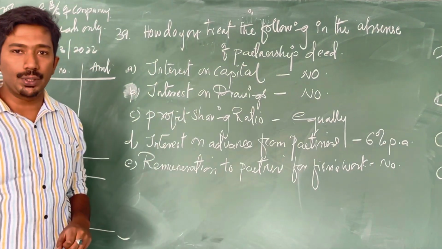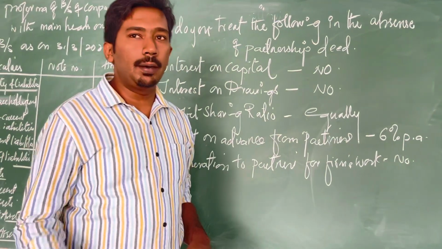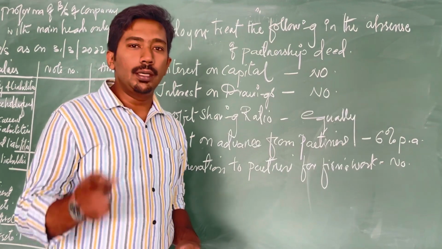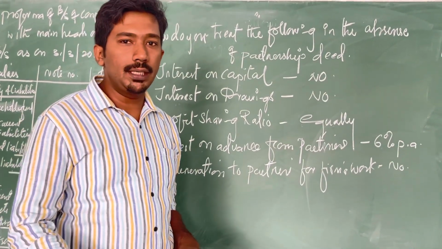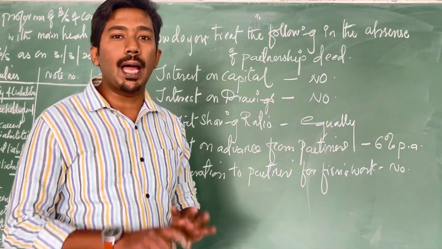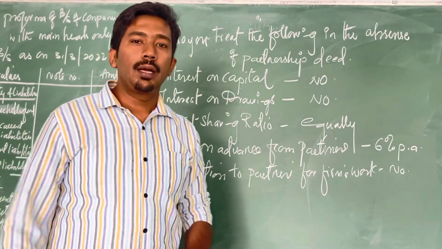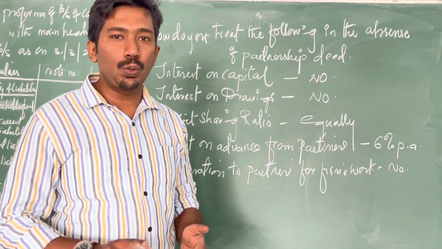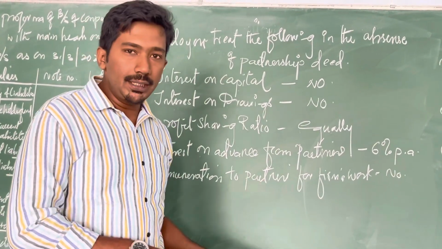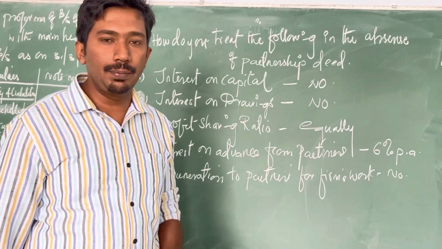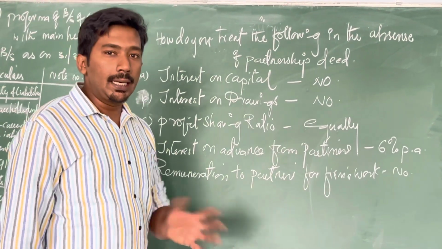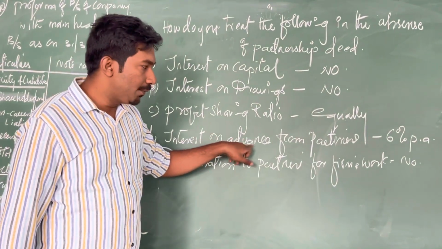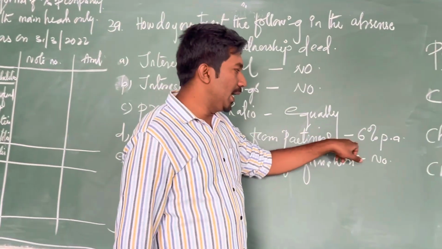In future, as we know, in partnership and sole proprietorship, the liability of the partners as well as the sole proprietor is unlimited. Whereas in a company, a joint stock company, the shareholders' liability is limited to the face value of the share. Whereas in sole proprietorship and partnership, the liability is unlimited. So in future, if you are taking any loans and advances from the partners, then in the absence of a partnership deed,